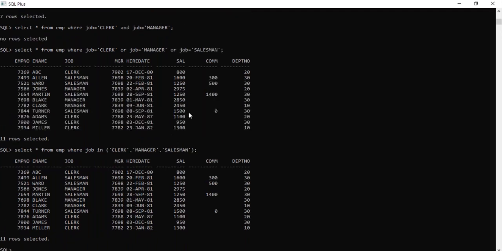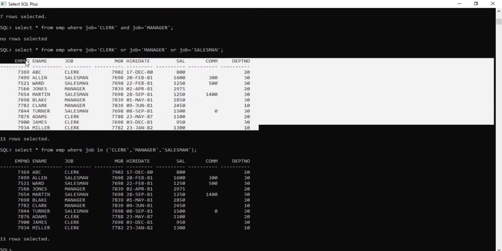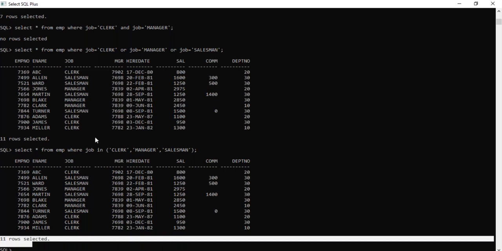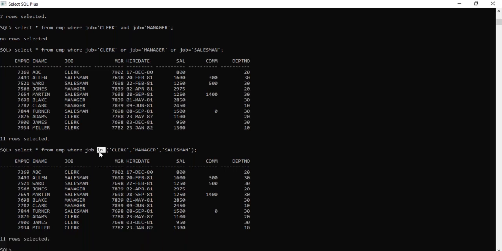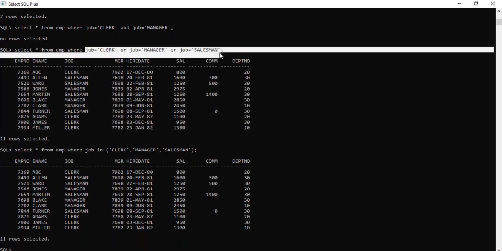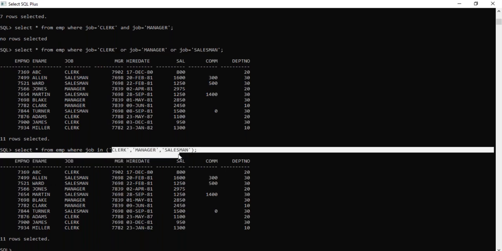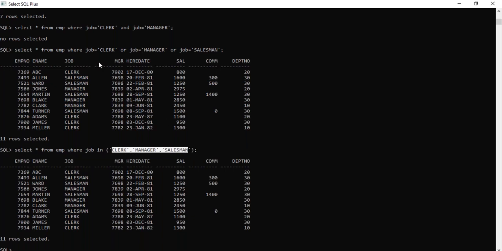Instead of that, with the IN operator, first it will filter on the job values clerk, manager and salesman, then it will filter the records. Here 14 records are there in the table, so it doesn't have any impact. If we have 5 lakhs of records, or banking transaction tables, it will have an impact. So it's a small concept. You don't need to explain it as a performance improvement concept, but it will be easy to understand.